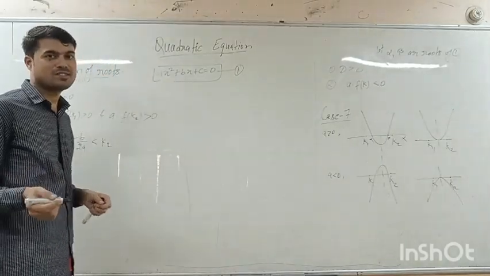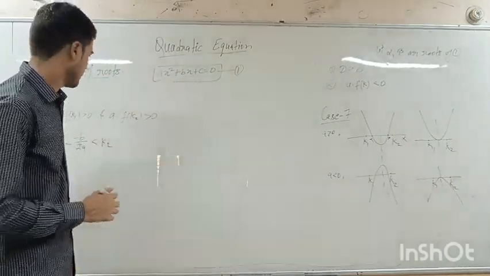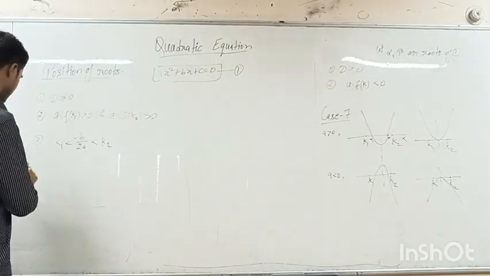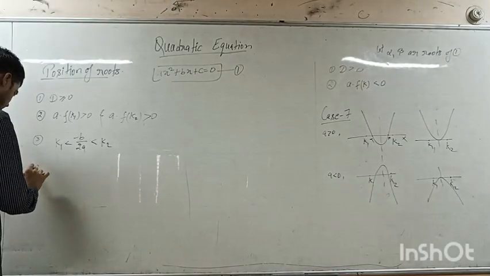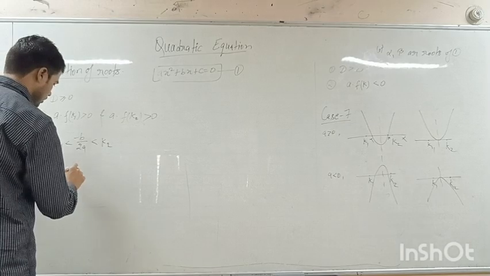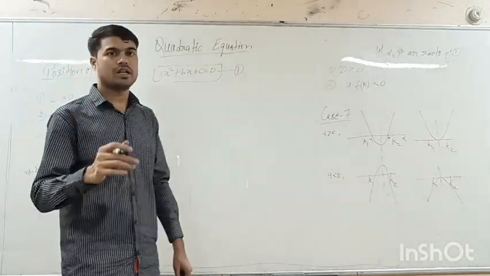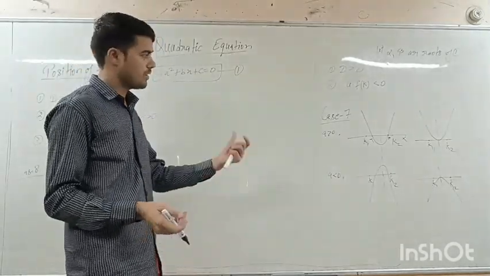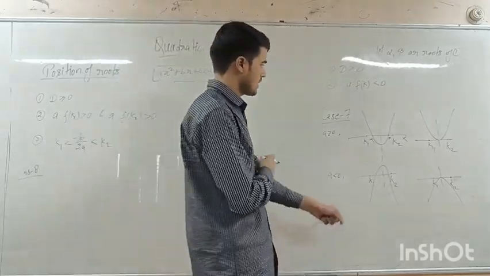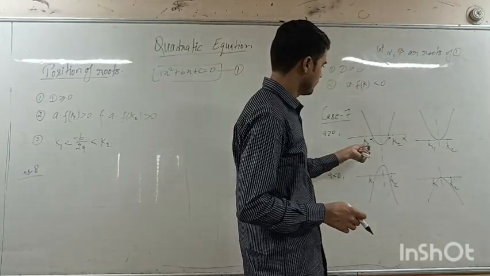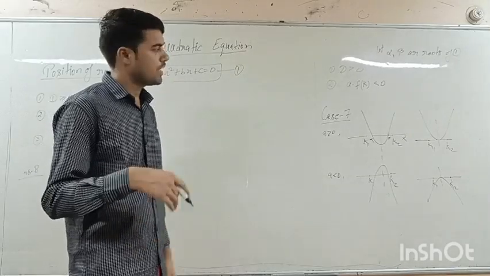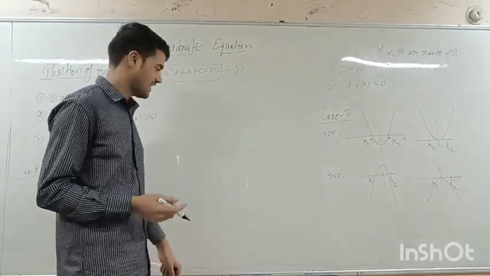We can also make, actually there are also two cases, I think, that is case 7 and case 8. One is if one root is in between k1 and k2 and the other one is outside, maybe less than k1 or greater than k2, that is one case. And what is the other one? The other one is if alpha is less than k1 k2 and beta is greater than k1 k2. Okay, so